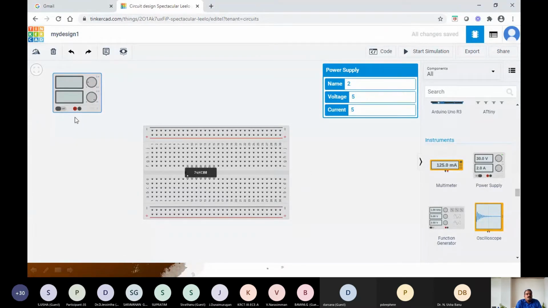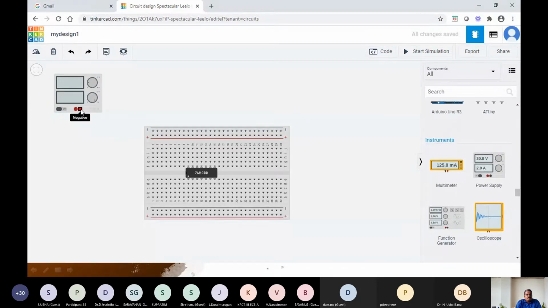So now in order to give the connections, again you have the standard notations. So your red color is positive or the signal, and your black color is the negative or ground. So I will be dragging from this point to my breadboard such that you will be getting the wire automatically, right? So wire is not a component. So you have to click this and you just move and then you connect it to the end point, right? See, it has been connected.